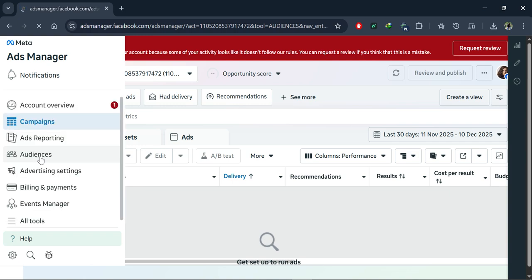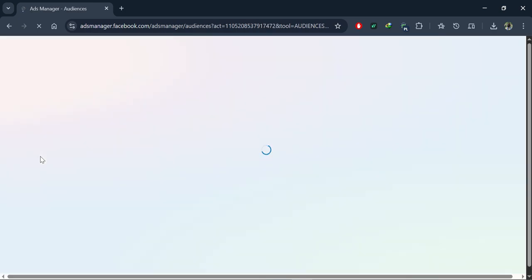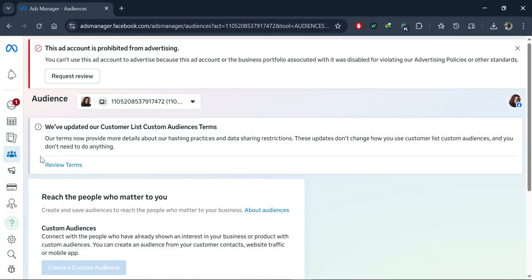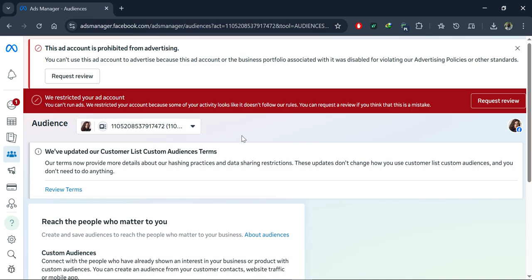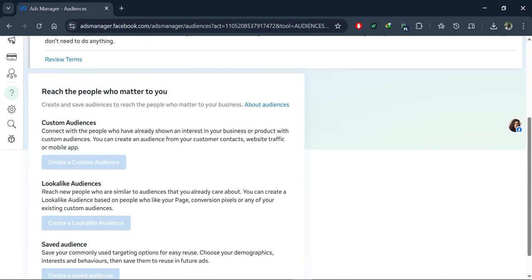So I've just clicked on the audiences section. When you run any ad, you will get a lot of audience in that ad, and then you customize your audience, keep on customizing audience, and then run ads according to that audience. Okay, so that's up to you. First you have to create an ad for the reach. Okay, when you get good reach, then you have to customize your audience from that reach.